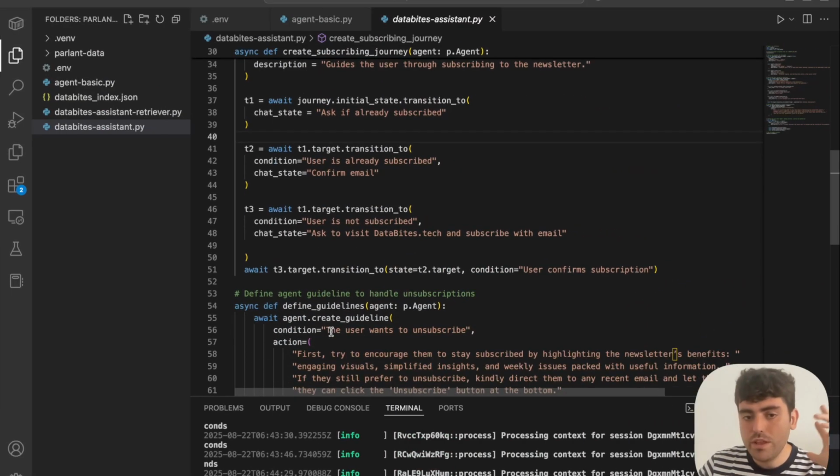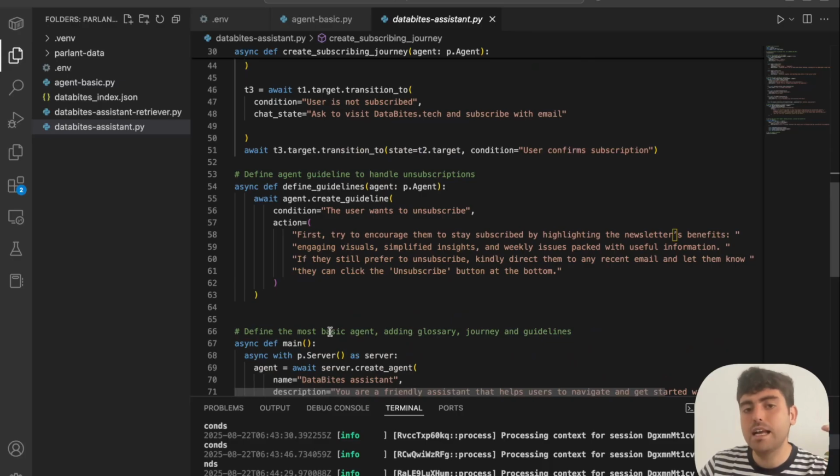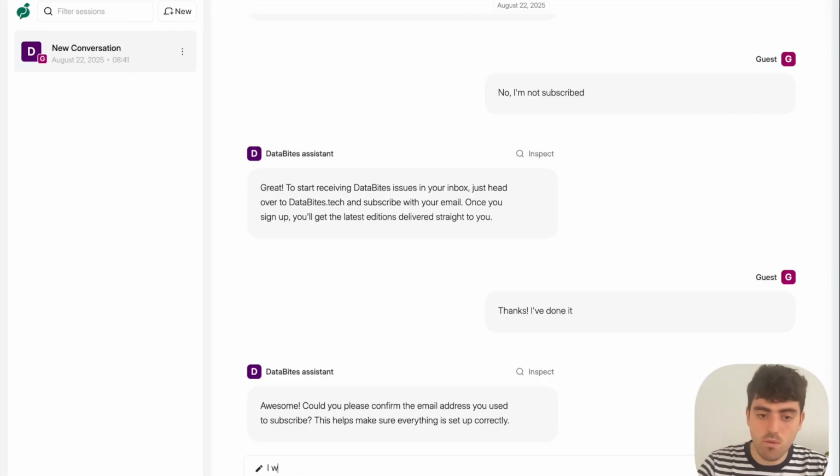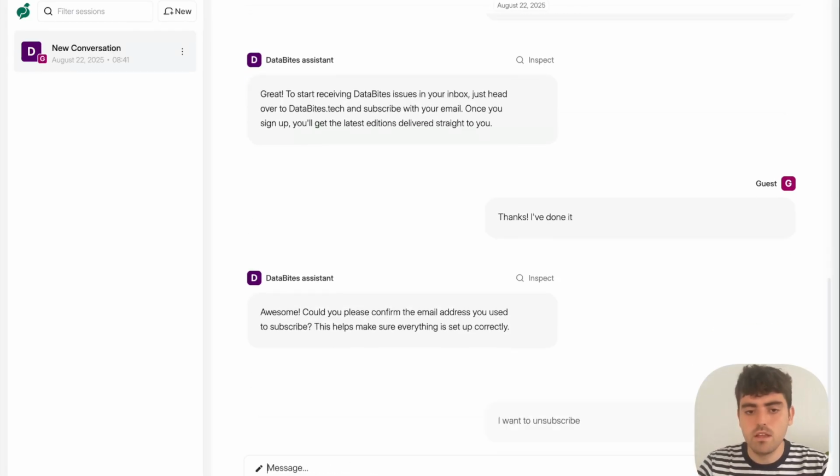Okay, so the third thing I want to add is a guideline. Basically, a guideline is a way to handle a specific situation. I know that some users will want to unsubscribe, and that's something that we need to handle. So I'm telling the action: first, try to encourage them to stay subscribed by highlighting the newsletters, but also tell them that if they want to unsubscribe, they can go to one of the latest mails they've received and just click on the unsubscribe button. So here, if I say I want to unsubscribe,